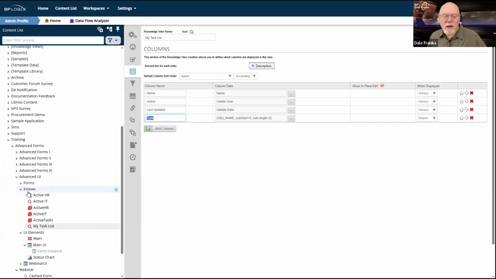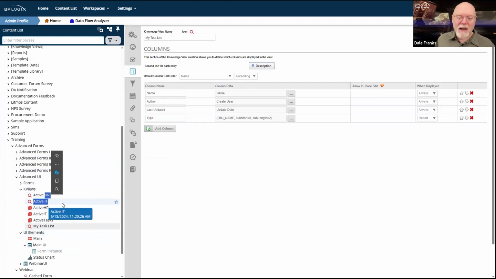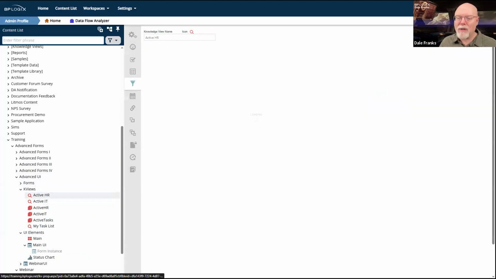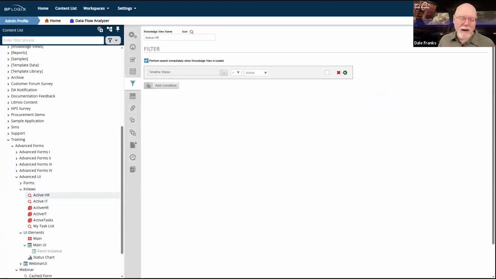So those are the three knowledge views that I need. So I've got my HR form and my IT form. I know I'm going to need buttons for that. And I've got my running HR tasks, my active IT tasks, and then of course my task list. And my task list should be a sum of the active HR tasks and active IT tasks that I have associated with my account.